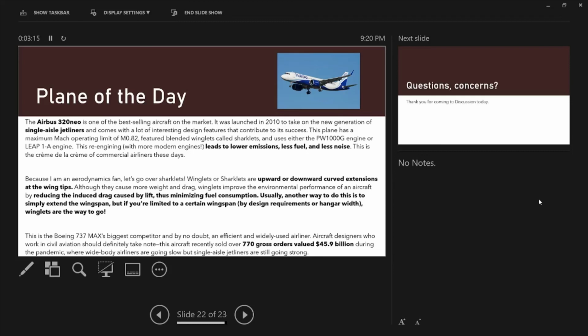So, this is the Boeing 737 MAX's biggest competitor, and that one has some doubt in the industry because of the many crashes it had and MCAS. But, this is the one that people are looking to because it's an efficient and widely used airliner. So aircraft designers who work in civil aviation should definitely take notes. And I'm sure that there's a lot of things that Airbus won't tell us because it's so successful. I think even 6 days ago, this aircraft recently sold over 770 gross orders valued at $45.9 billion during the